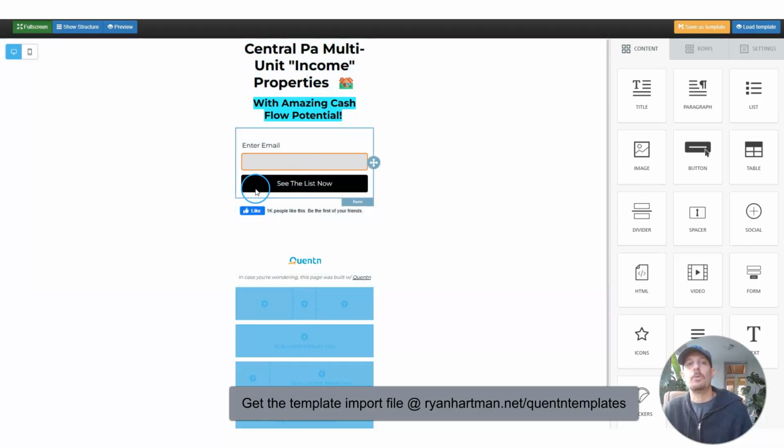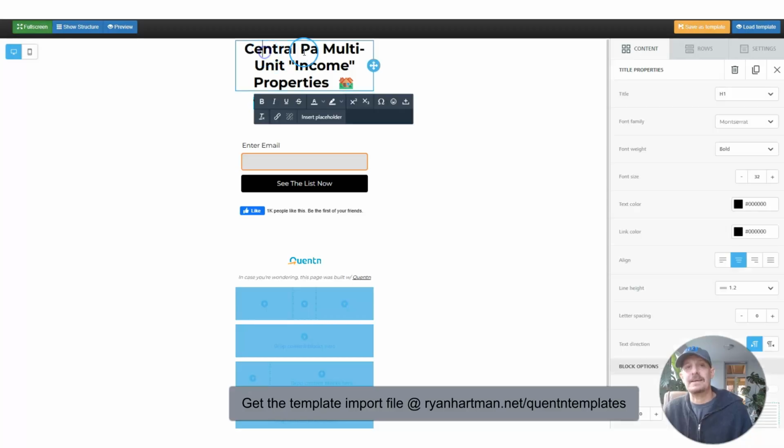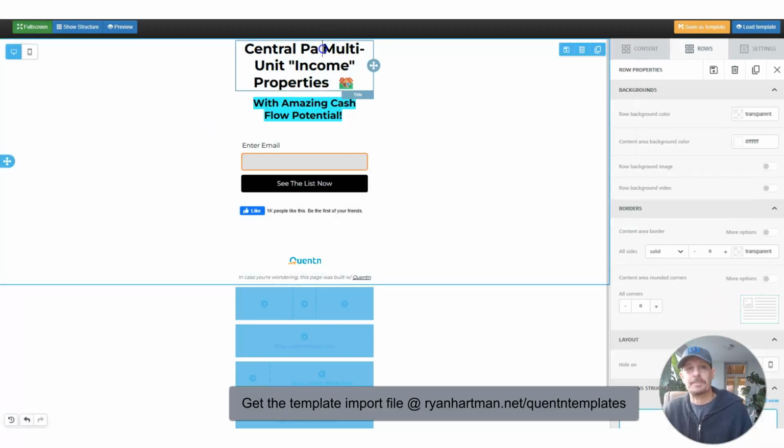extremely simple mobile optimized page that offers a list of income properties. Now I have Central PA up here. You will change this to be your area with amazing cash flow potential. See the list now. Very simple. I've got my sneaky little Facebook like button there that shows a little social proof. You can go with that or without it, with your own like button or some other testimonial, somebody talking about